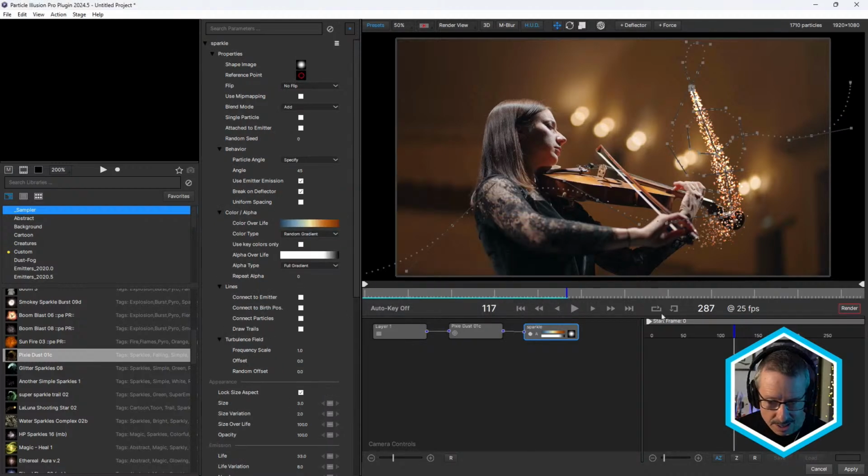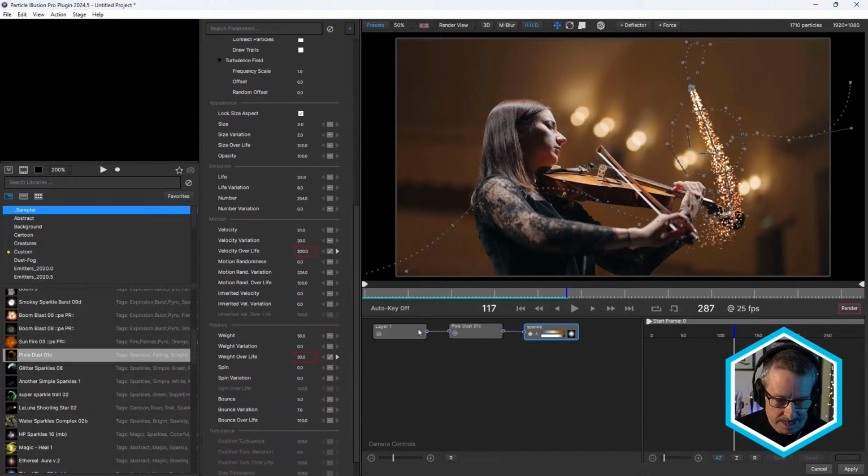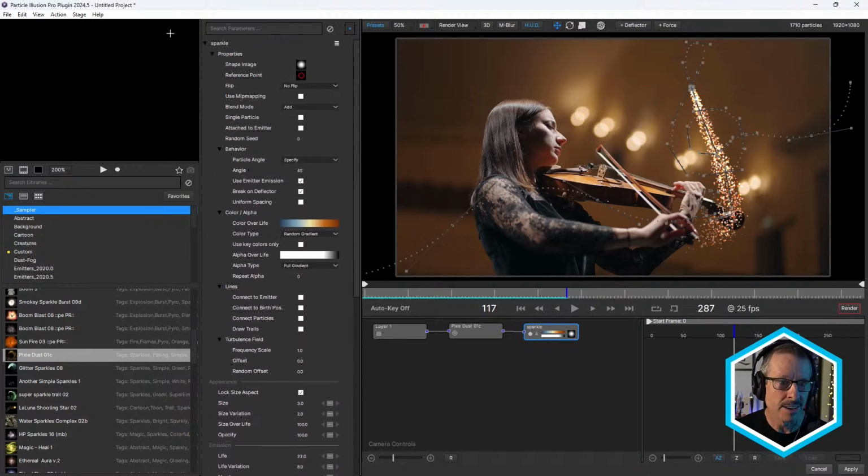All right, so I'm just going to come down and where was I? We're doing the over life, aren't we? So come down and notice how I had to sort of come down here and try and find it. Another great feature, and one I've been asking for forever, is to be able to search parameters. If I type in weight,